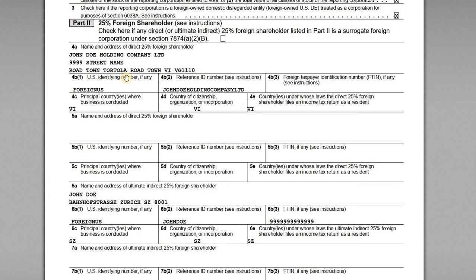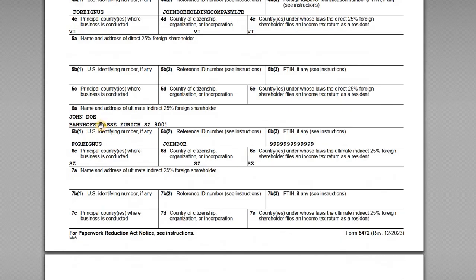We've got the address down in Tortola. Again, no U.S. tax ID number, so "foreign U.S." is the placeholder. And then principal activities and country of incorporation and residence, all BVI. All right. Then in 6A, we have the option here to enter the name and address of the ultimate indirect